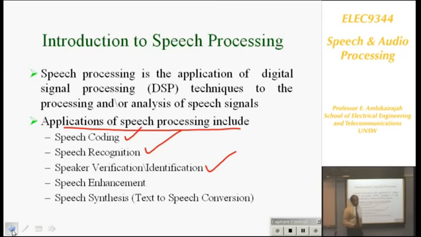What is speech enhancement? For example, you've got a background noise, such as when using a mobile phone in a moving vehicle. You want to remove that noise before you send the signal across to the person receiving it. So that means you need a speech enhancement chip inside the mobile phone, which will remove the noise. So that's speech enhancement. Then you come to speech synthesis, which is basically text-to-speech synthesis, the major one,